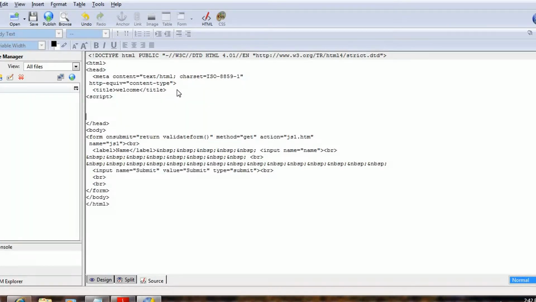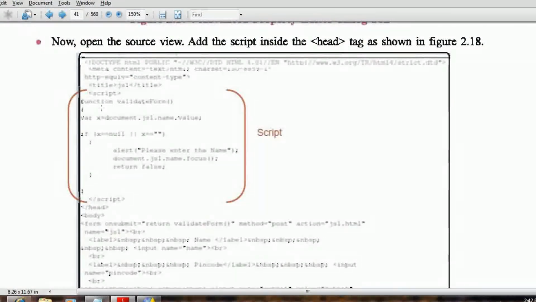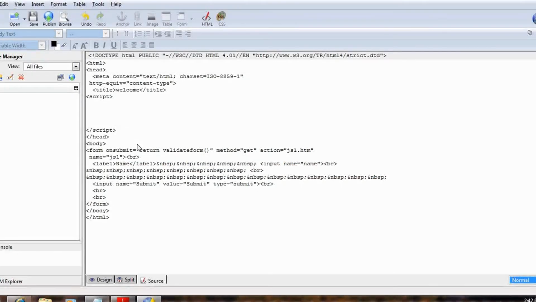This script is given in your textbook, which I am typing over here, but as you can see in some students' textbooks it looks blurred, so kindly note it down somewhere. You can complete writing the script and then write it separately.